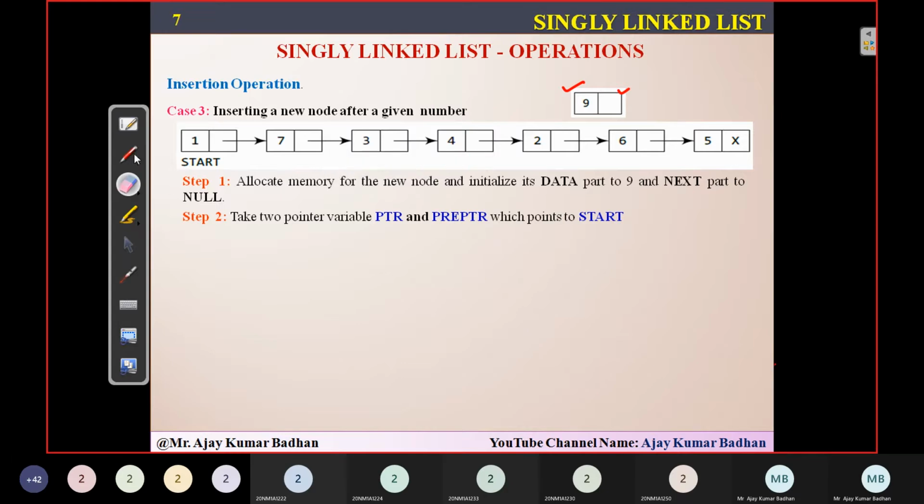This is the only thing you have to keep in mind. Pre-pointer will be pointing to the node after which I need to insert the new node, and pointer is the variable which will be pointing to the node before which the new node has to be inserted. So in between I have to insert. The pointer will represent the next node. Remember, pre-pointer will always be at the back of pointer, wherever it might be. That is what you have to keep in mind.